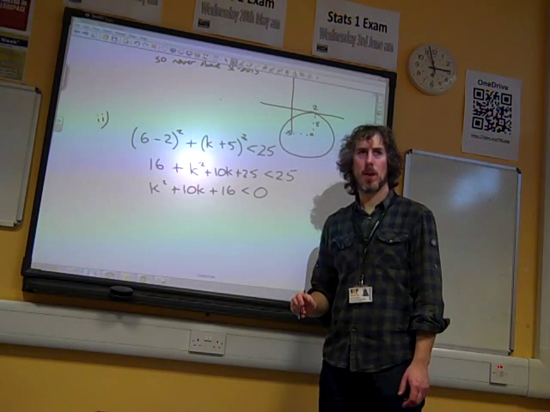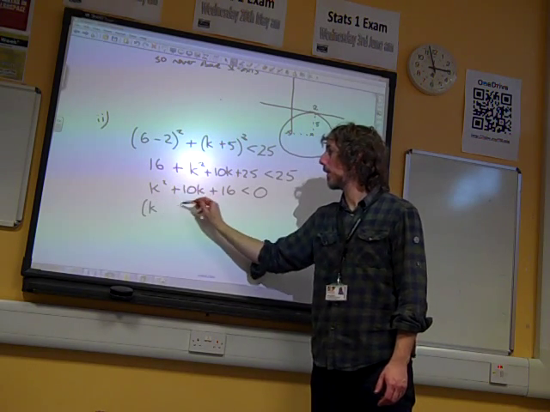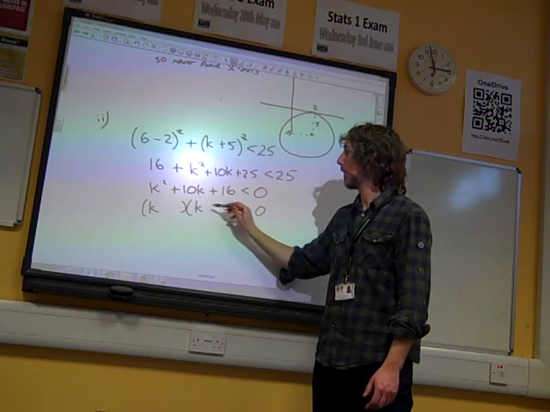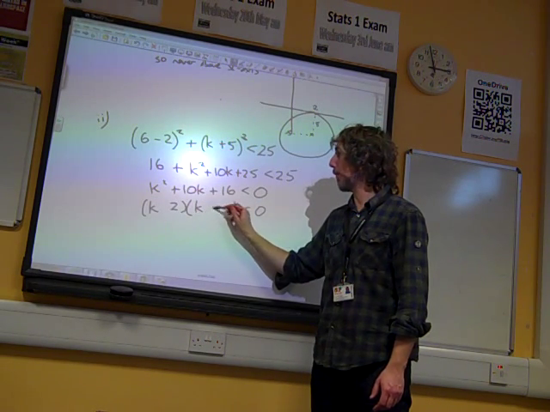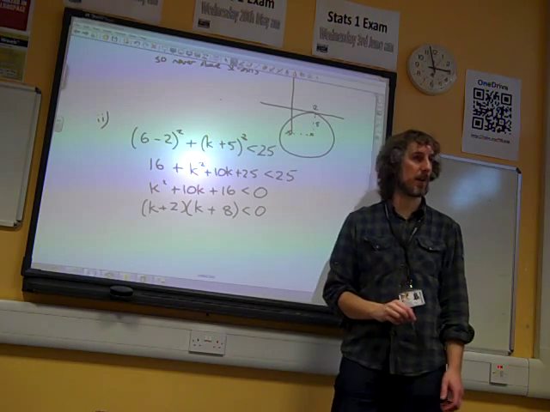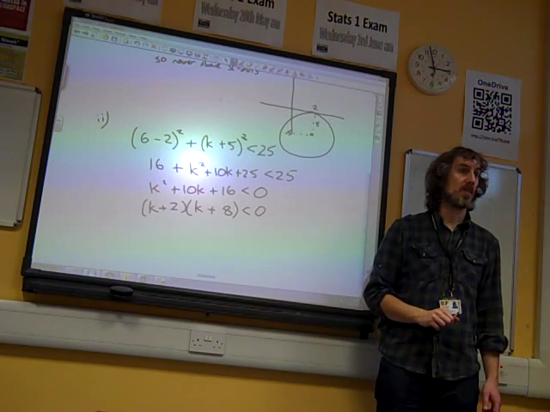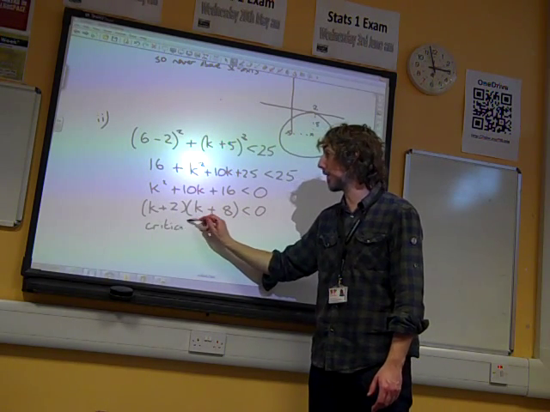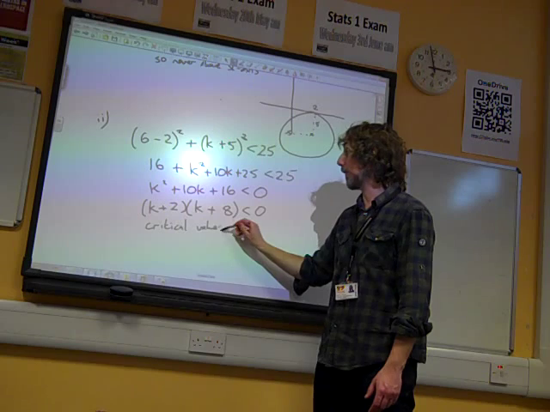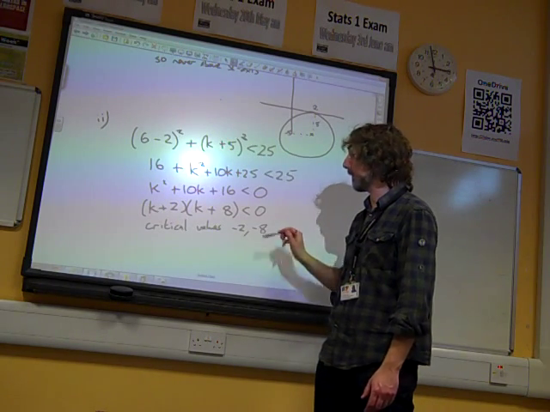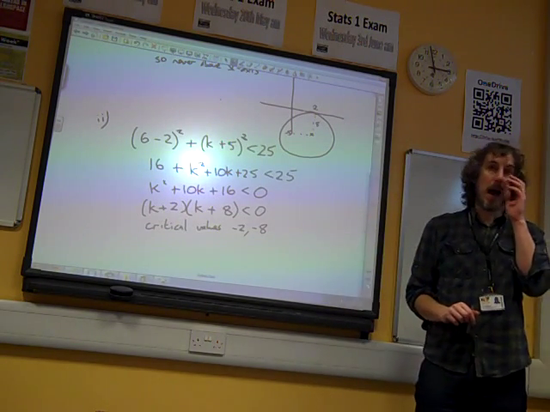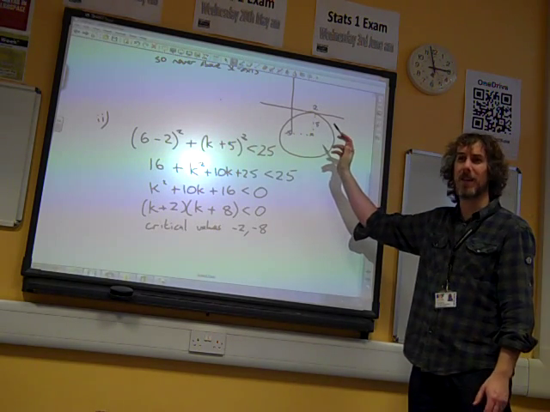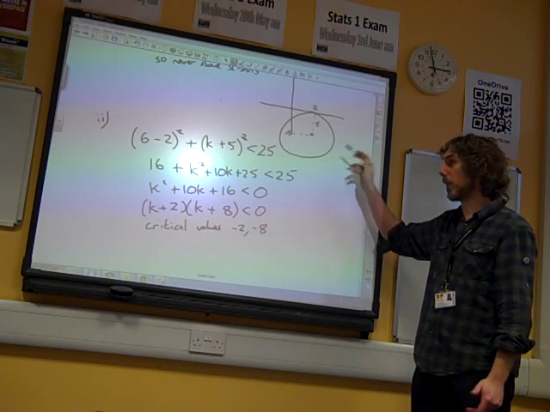Does it factorise? I think it does. 2 and 8. Both positive, which gives us that. Which again gives us critical values. We're solving another quadratic inequality, aren't we? Critical values of −2 and −8. And again, we use our graph to help us with this, although I think we could probably get it from the diagram as well. But we use our graph to help us,